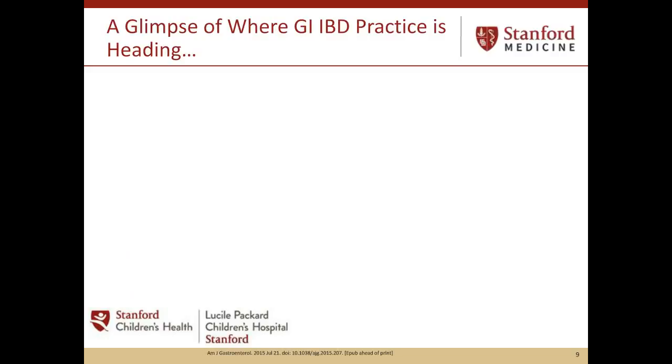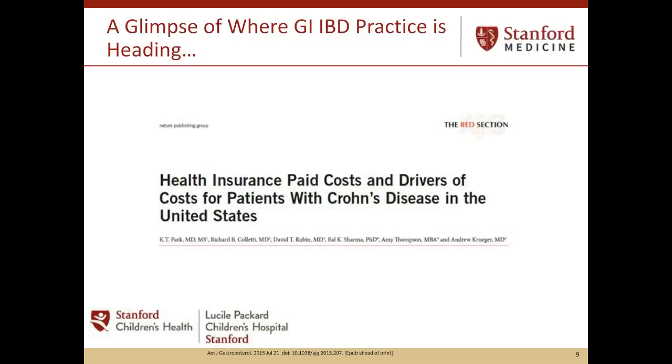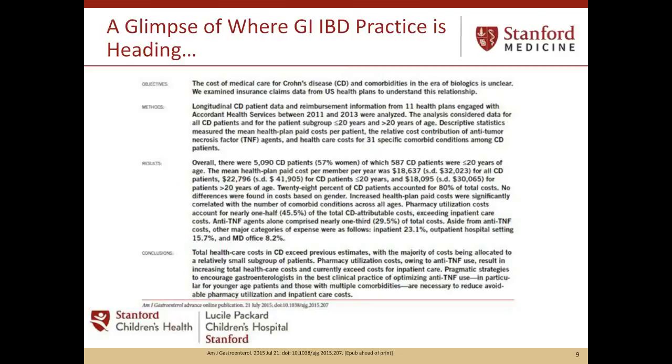American Journal of Gastroenterology. So moving ahead, this is the paper that we just published. It's the American Journal of Gastroenterology, which is the leading clinical journal in my subspecialty. And what we did was look at 11 different health plans across the United States. So it's representative of all the subgroups of patients across different geographical regions in the U.S. And we found that there is tremendous healthcare utilization for inflammatory bowel disease, namely Crohn's disease. We found that across the board, this